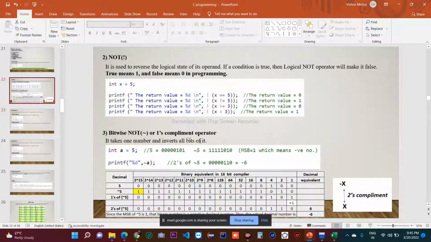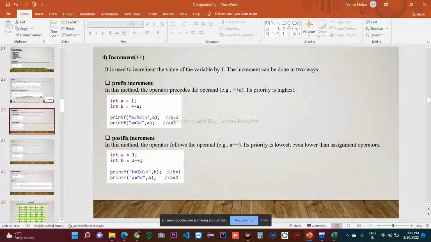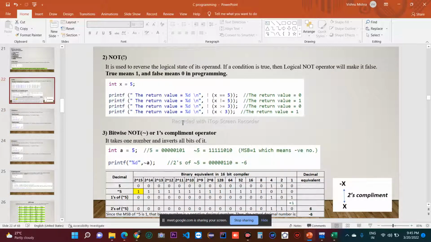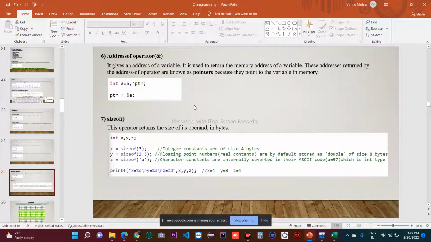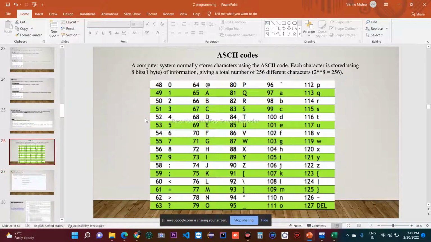ठीक है, तो आज बिटवाइज नोट तक रहने देते हैं। अब इंक्रीमेंट ऑपरेटर से नेक्स्ट क्लास में देखेंगे, इंक्रीमेंट, डिक्रीमेंट, एड्रेस ऑफ, साइज ऑफ सब। ठीक है।